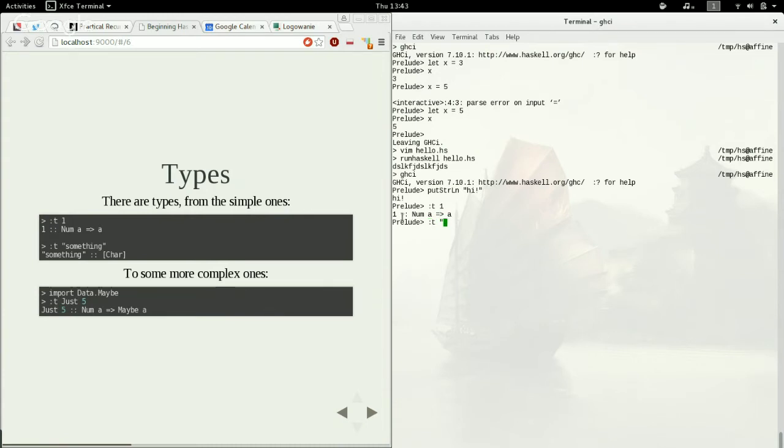So if we do the type of a string that contains A, or let's say AB, the type of AB is a list of characters, because a string in Haskell, the most basic string type, is just a list of characters. We can, of course, have chars, so the type of a single character is just Char itself. So say if we had,